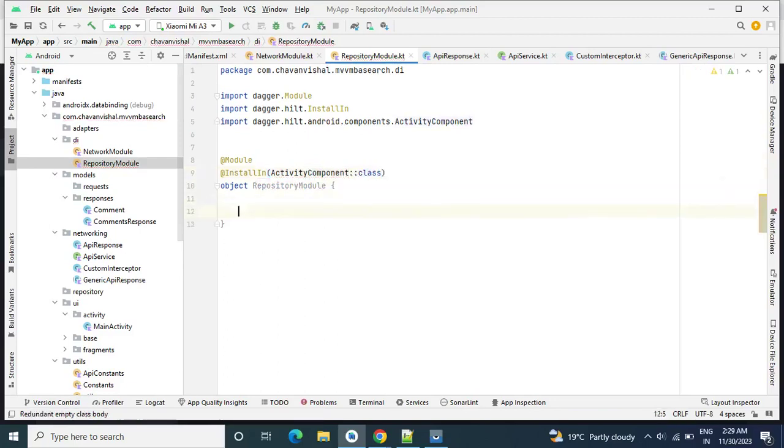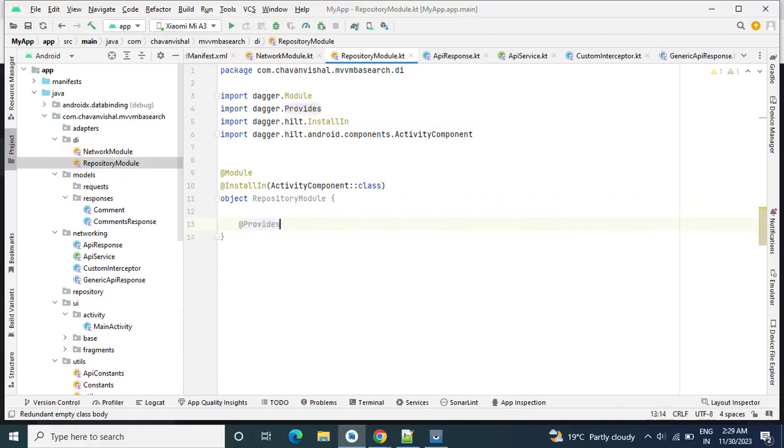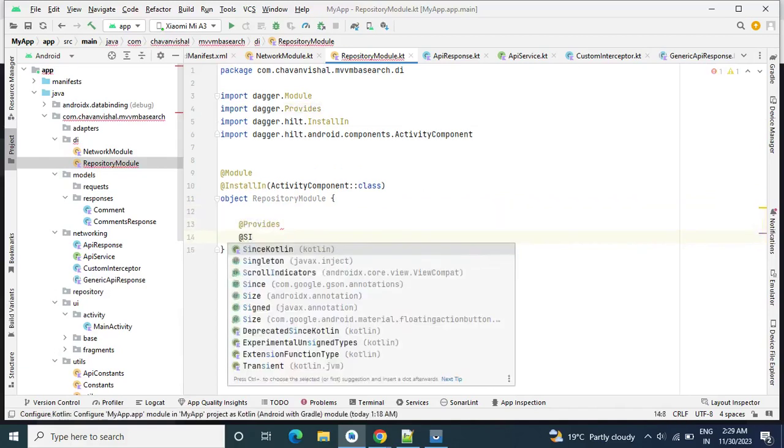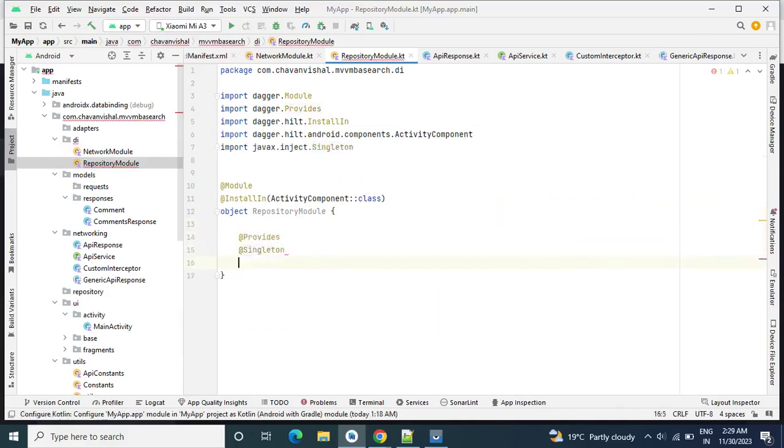Okay, here we will provide @Provides, @Singleton, here fun provide